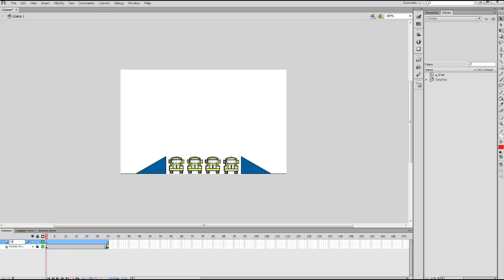And of course the default name of layer 1 is not very descriptive. So I'm going to double click on that and change the name of the layer to Biker by typing it in and then hitting the Enter key. Then I'm going to click frame number 1 on the Biker layer, go to my library and click on the G Biker symbol in the library,